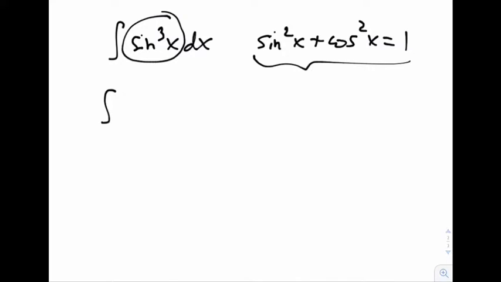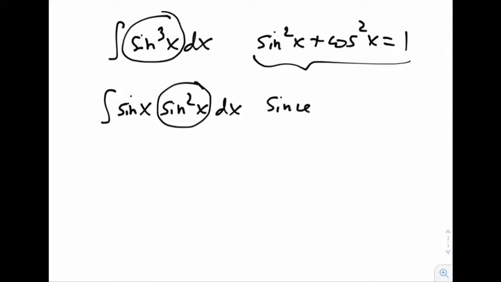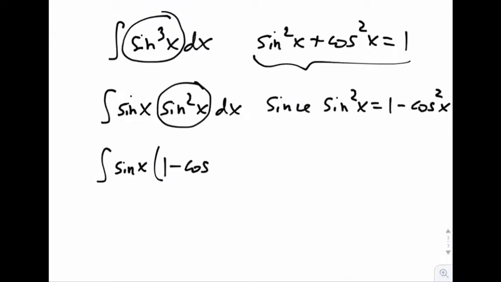So what I'm going to do is write this as the sine of x times the sine squared of x. What that does for me is I can now replace this sine squared guy with something that involves cosine. Since I can say sine squared of x is equal to 1 minus cosine squared of x, from that identity above, I can now say I have the integral of sine of x times the quantity 1 minus cosine squared of x